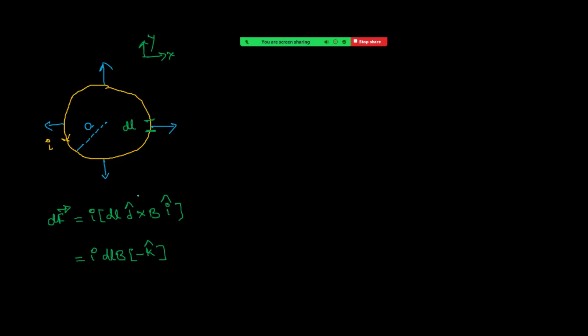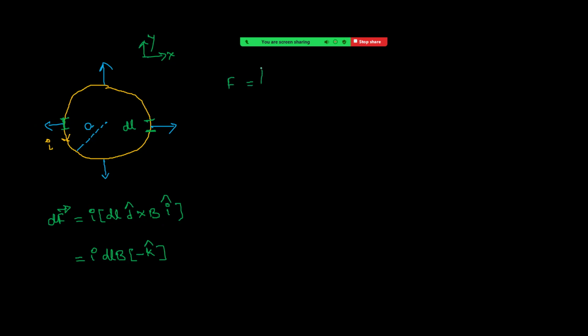Minus k cap. Now let us take one more element of length dl, diametrically opposite. Now see carefully. Here the dl bar direction will be minus j cap because the current is now like this. You can see here the current flows anti-clockwise, and coming to here it is along negative y-axis, so it will be minus j cap. Coming to the field along negative x-axis, this is a minus sign. Minus into minus is a plus. It is again minus k cap. That means we can conclude that on each and every small part, the magnetic force is into the board. The direction is the same. Therefore,